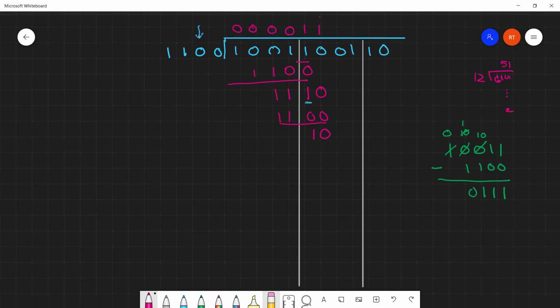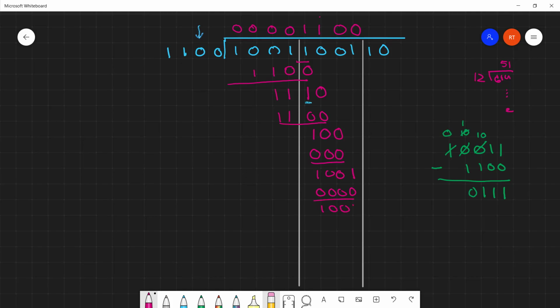Bring down the next digit to get 100. This is smaller than 1100, so 1100 doesn't go into it. So we put a 0 up on top. I'll multiply by 0 this time and write down the result so as not to lose track of where I am. Subtracting here just gives 100. Bring down the next digit to get 1001. This is still smaller than 1100, so it goes in 0 times. Multiply and subtract to get